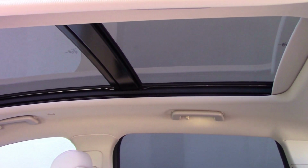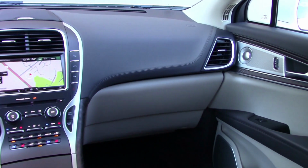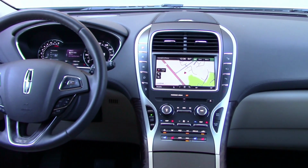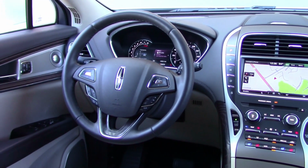It was light and airy in this color scheme, especially with the wide-open panoramic glass roof. Design of the dash is unique to the MKX, but not far removed from the Ford Edge, sharing much of its Ford-born switchgear and hardware. It does have a unique push-button shift selector, which frees up room on the center console for a closable phone